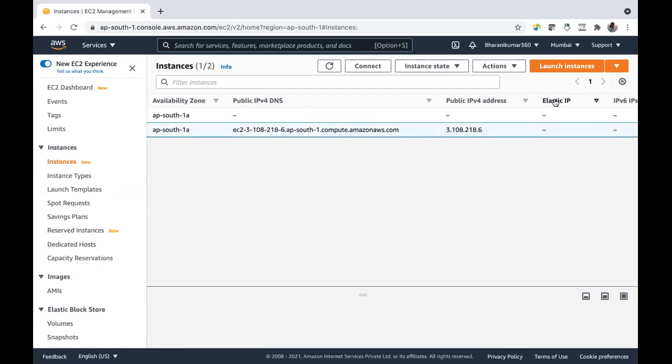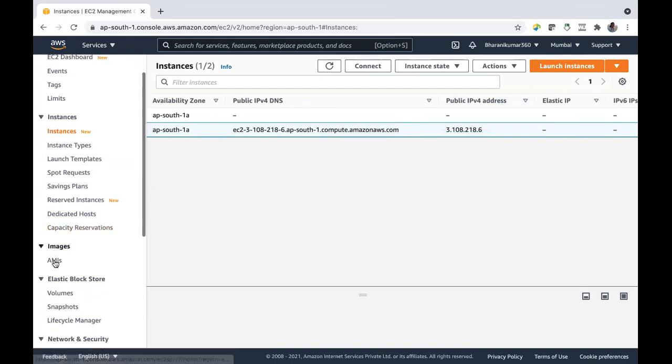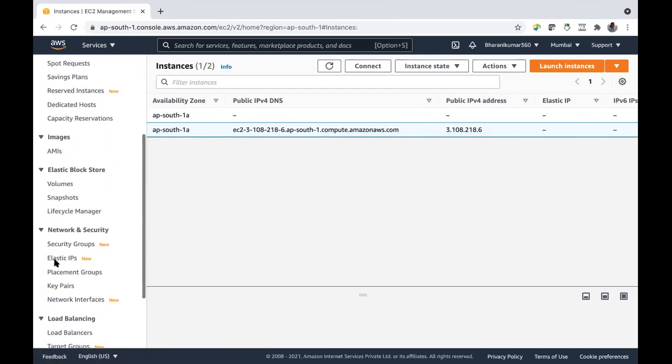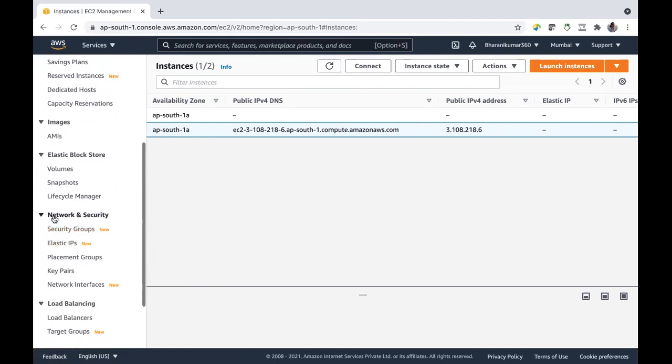Then you have to opt for an elastic IP. Then you'll get a static IP address. Let us assign one elastic IP. In the same left pane, you have network and security, where you can manage your security groups, and below that you have your elastic IPs.